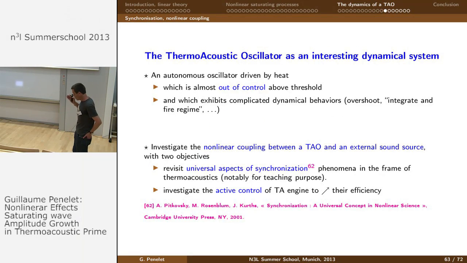Okay, so I will now pass to the last part of my presentation, which is still devoted to the dynamics of thermoacoustic oscillators. But here I will look at the thermoacoustic oscillator as an interesting dynamical system, which is driven by heat and which exhibits complicated operations. So what I will present in the next slide